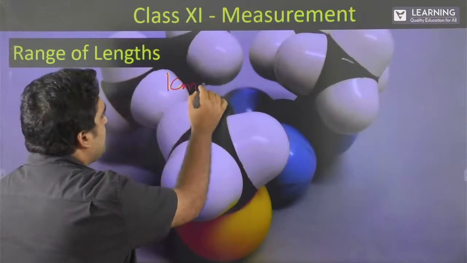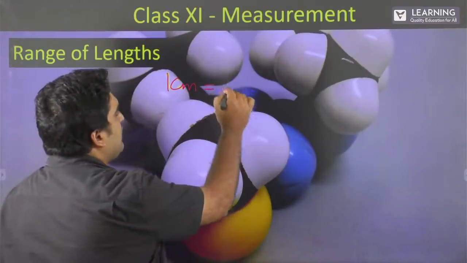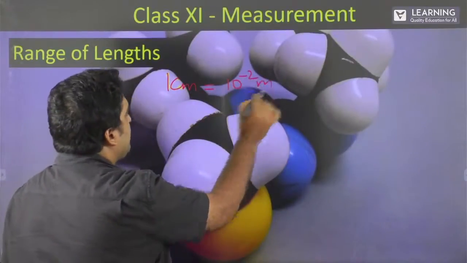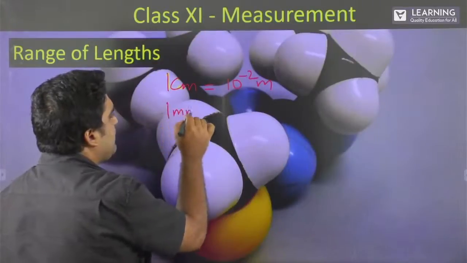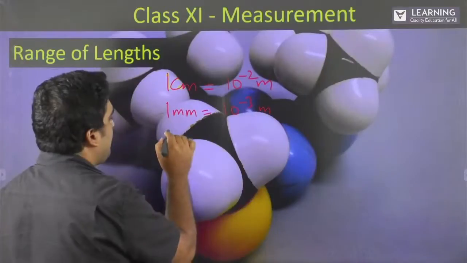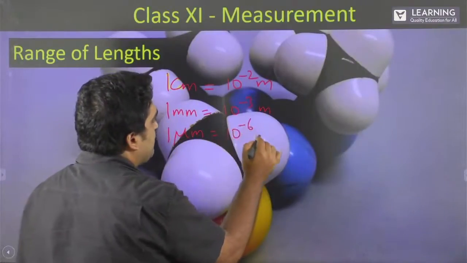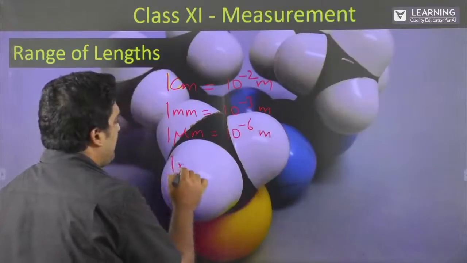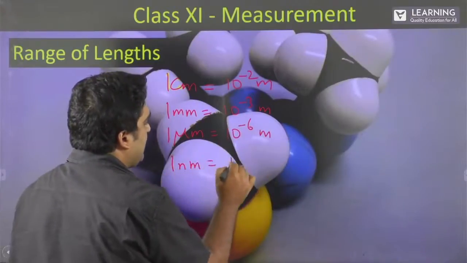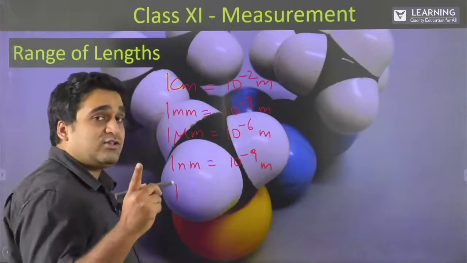1 centimeter is equal to 10 to the power of minus 2 meter, and then you have 1 millimeter, which is 10 raised to minus 3 meters, and then you have 1 micrometer, which is of the order of 10 raised to minus 6 meter, 1 nanometer, 10 raised to minus 9 meter, 1 angstrom,